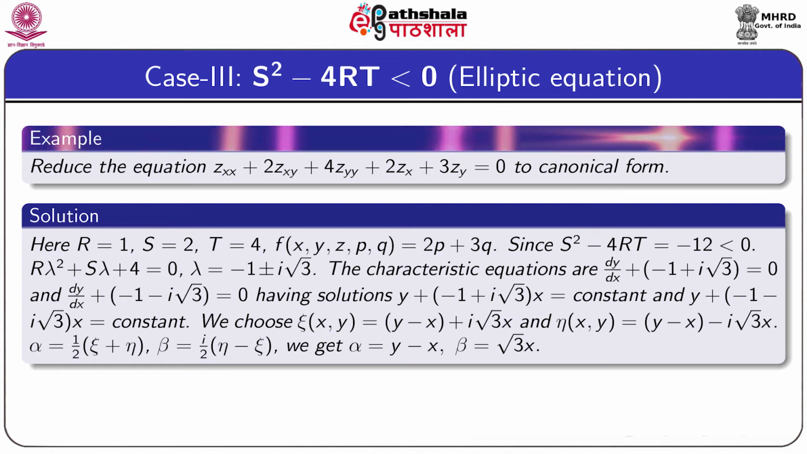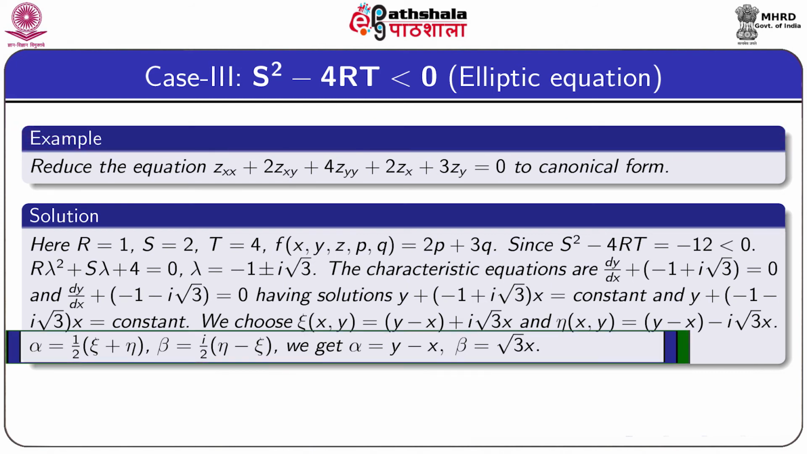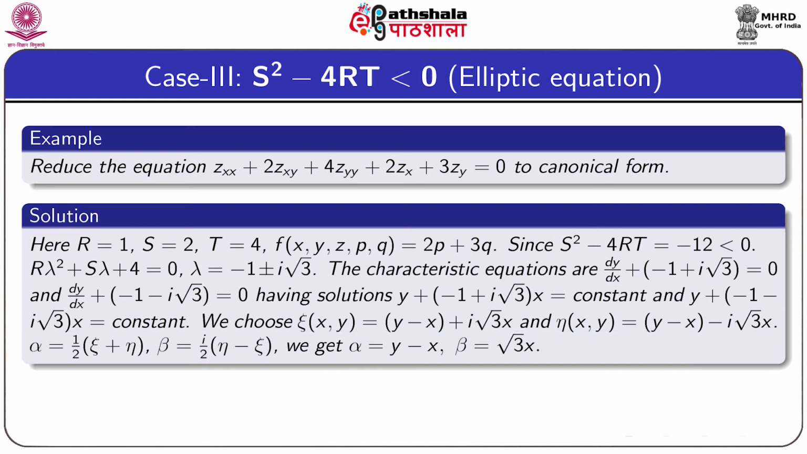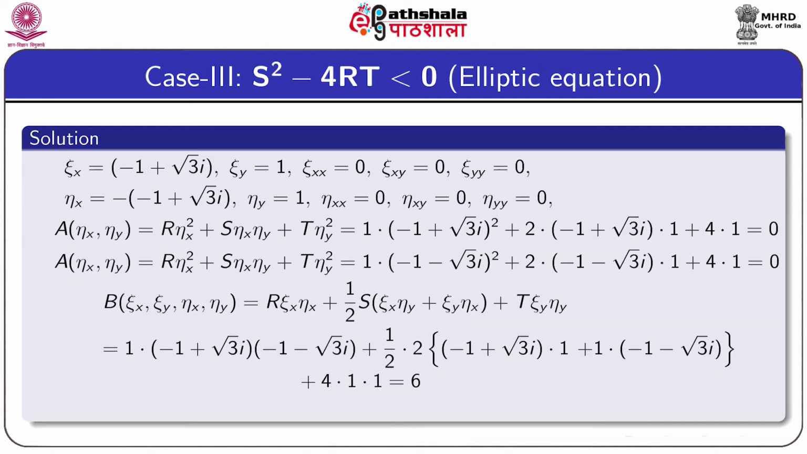Now, to get the equation in terms of real variables, we do this substitution: alpha equals half of xi plus eta and beta equals i by 2 eta minus xi. So, this gives alpha as y minus x and beta as root 3 x. In terms of alpha and beta, the expression for A becomes 0, the value of A eta x eta y is 0, zeta x zeta y is also 0, and the value of capital B after simplification becomes 0,